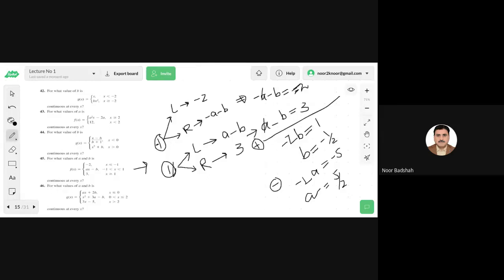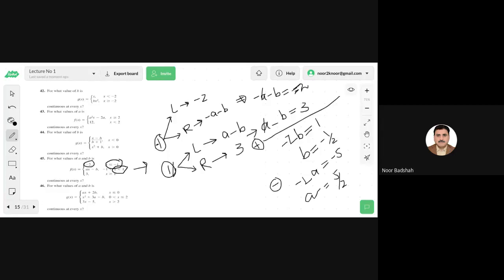मैंने राइट हैंड लिमिट के लिए इसको यूज किया, ax minus b को यूज किया। 1 पे लेफ्ट हैंड लिमिट के लिए आप इसको यूज करोगे because x less than 1 है। अपनी कंडीशन ये देखना है ना, जब हम लेफ्ट हैंड लिमिट फाइंड करते हैं तो हम कहते हैं x less than -1, तो x less than -1 के लिए ये कंडीशन यूज होगा। फंक्शन ये दिया हुआ है तो मैंने -2 को यूज कर दिया।